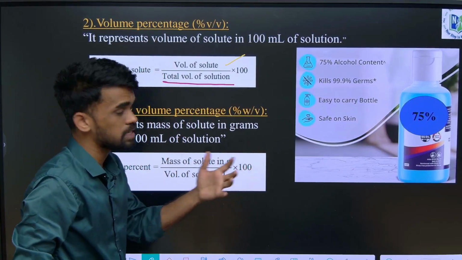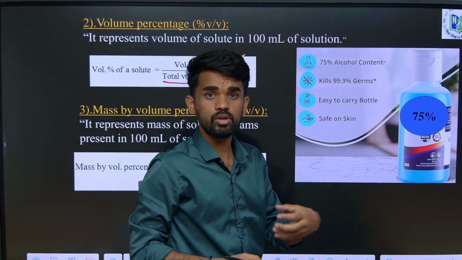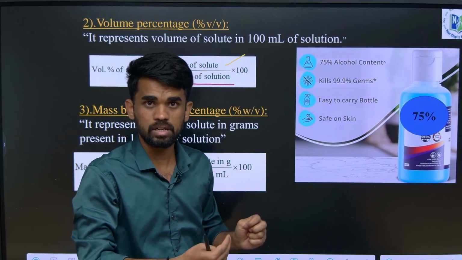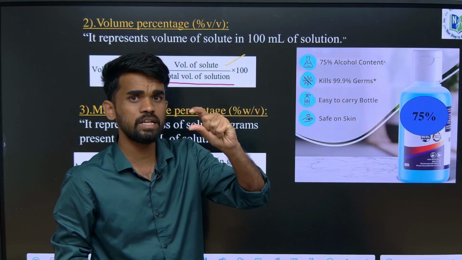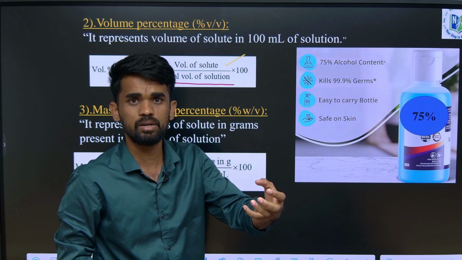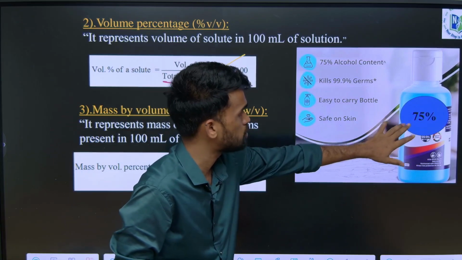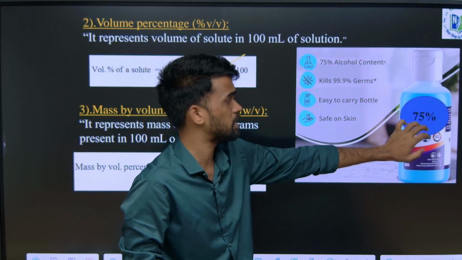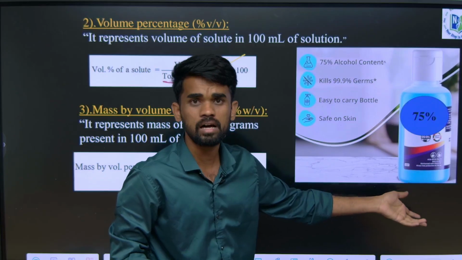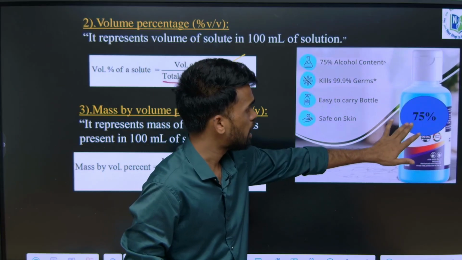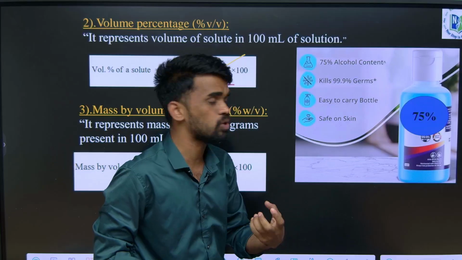So where do we use this in our daily life? If you see any sanitizer bottles, or some wine bottles, like a whiskey bottle or beer bottle, there we will see some 45% alcohol content, or some 35% or 10% alcohol. Here on a sanitizer bottle, let us say it has 75% alcohol. Generally in sanitizer, what alcohol do they use? Isopropyl alcohol they may use. Okay, so 45% alcohol content, what do we need to understand here?